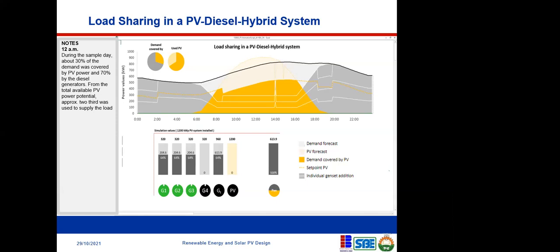Okay, so in that case, it's not a hybrid system. The controller comes in when you have a hybrid system. This is a pure PV system that you're talking about. Some people use an inverter. They don't even use